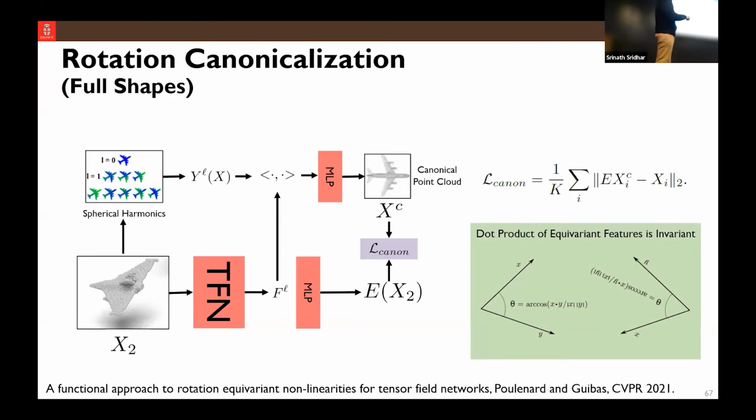And we have a loss function that tries to minimize the loss between the invariant point cloud and the rigid canonical pose that we estimate for instances in our